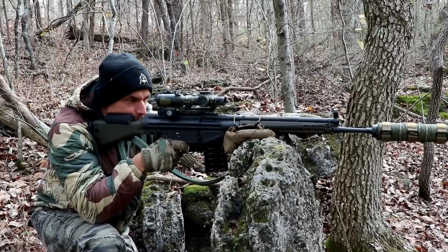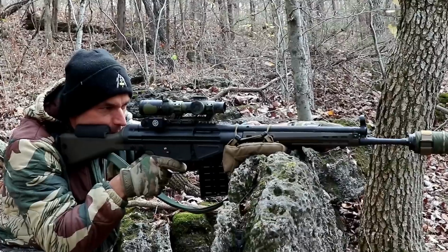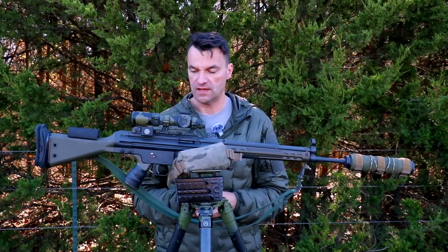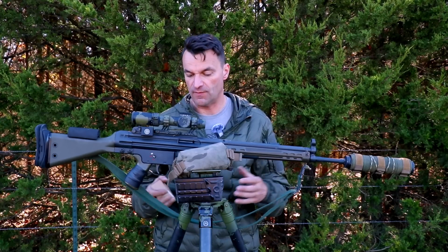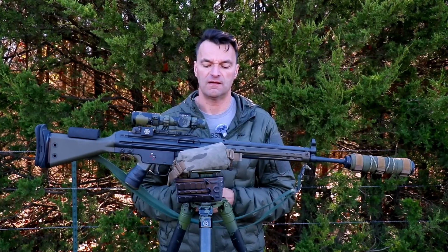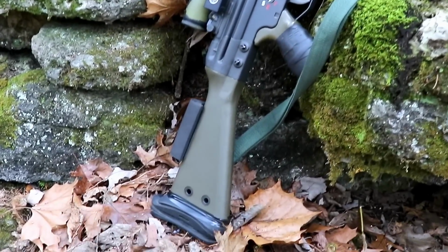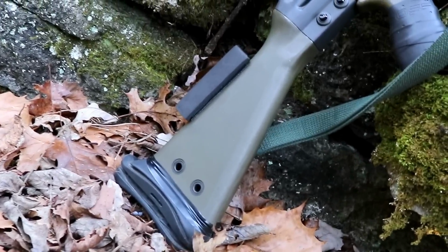Of course, where the HK will succeed is in the collecting department. That's why they hold the price, because you can get the original HKs from before the import ban was introduced, and those still hold their value, $5,000 on average. That's how much you have to spend, sometimes less, sometimes more, but what I'm seeing across the board at the gun shows, this is how much it's going to cost you. So if you want to have this experience of owning the G3, what we got at home,